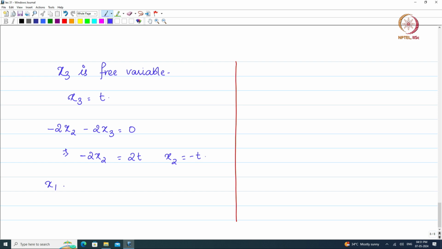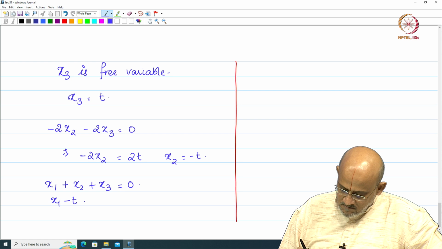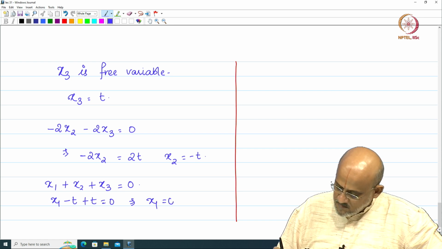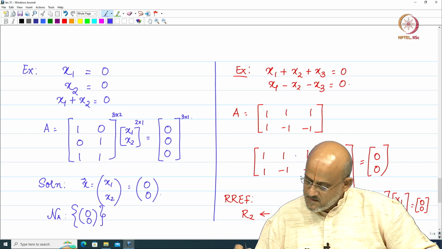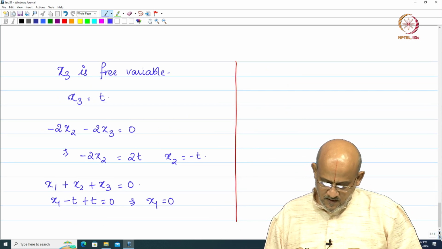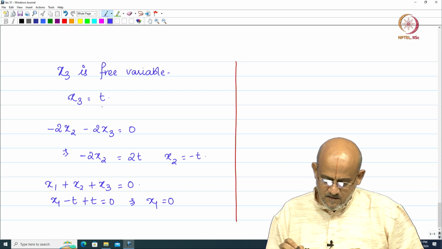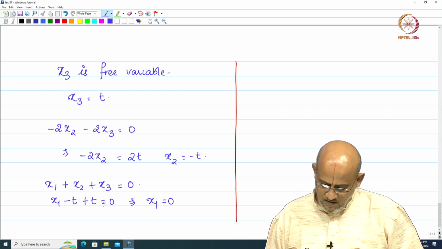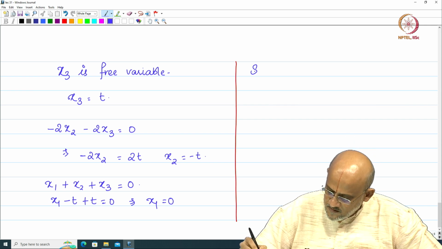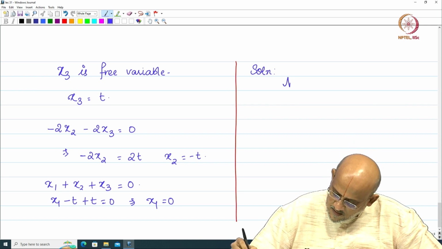And the first equation says x1 plus x2 plus x3 is equal to 0. So we have x1 minus t plus t is equal to 0, which implies x1 is equal to 0. Let me just check, x1 plus x2 plus x3 is equal to 0. We have x3 is equal to t. So x1 is equal to 0. Therefore, the solution to this system is